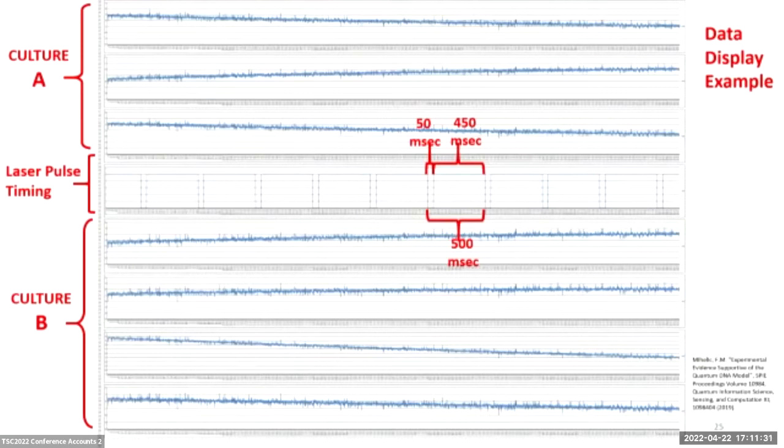Our equipment could monitor 8 data channels at one time. So we dedicated 3 data channels to look at cells in culture A, 4 looking at cellular depolarizations in culture B, and 1 to keep track of the laser pulse timing. We monitored each iteration here for 5 seconds. We pulsed a 650 nanometer laser, which is essentially a red laser pointer, for 50 milliseconds every half a second. So we got 10 pulsations. And what you're seeing in these cells in this example are just random depolarizations of cells. And we did see plenty of random depolarizations, but we saw other things too.